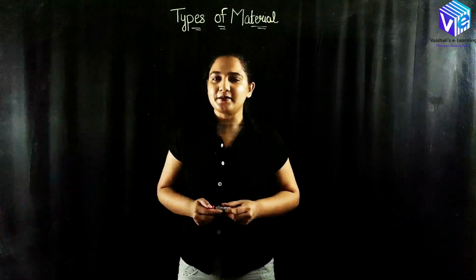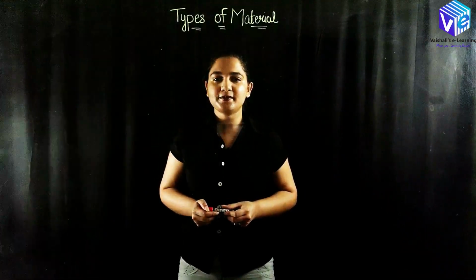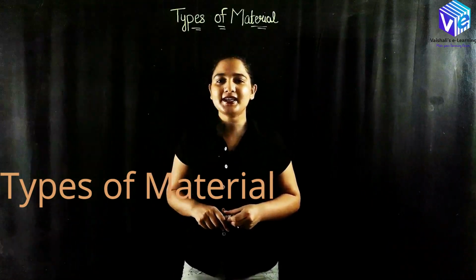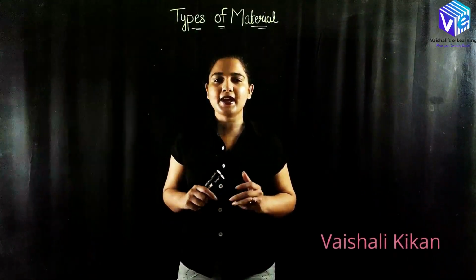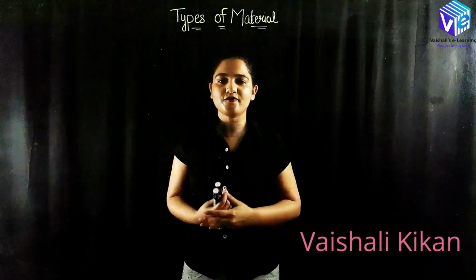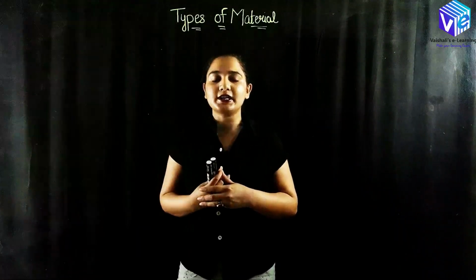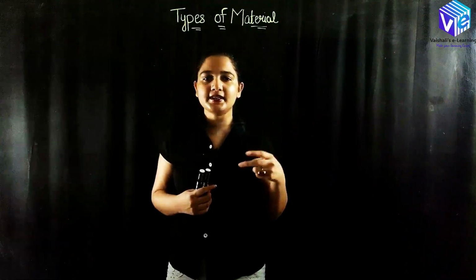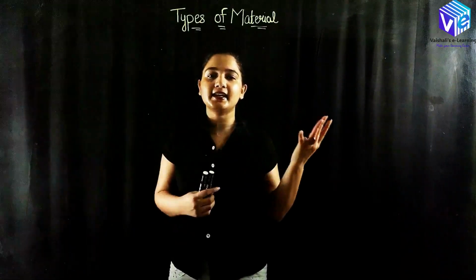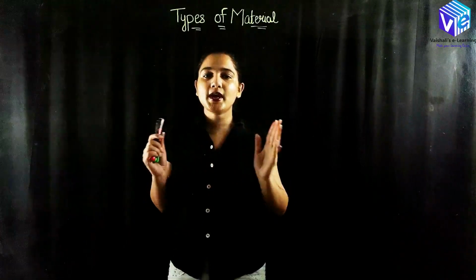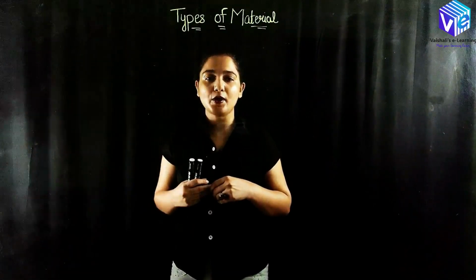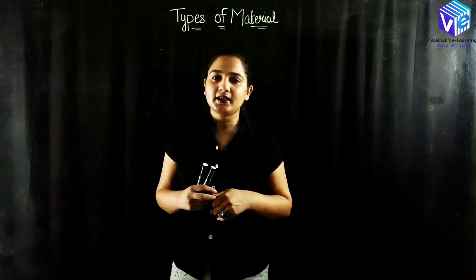Hello students, welcome back to this session on EMFT or electromagnetics. So we are going to start the electrostatics part, and today in this video we are going to see a very basic thing, that is the type of materials. So we have broadly classified the materials as conductors, insulators, then semiconductors, and at the last superconductors. So we are going to talk about all of these terminologies. At last we will be talking about the conduction current and the convection current.